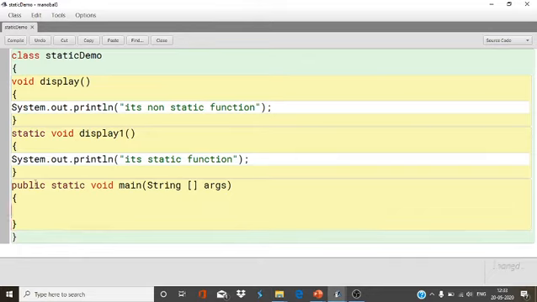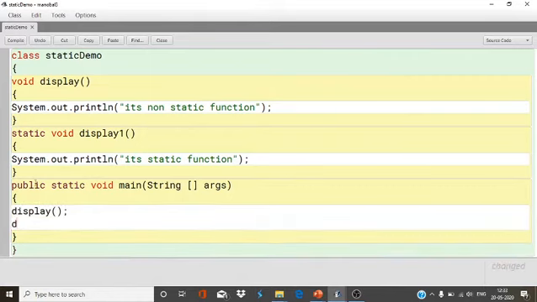Now if you call display, it will be a problem. But if you call display1, it is correct. See, display1 can be called without creating the object because it's static and it exists throughout the program.